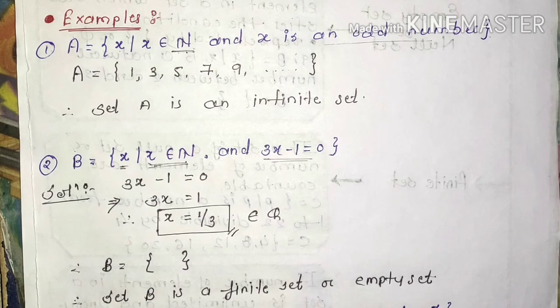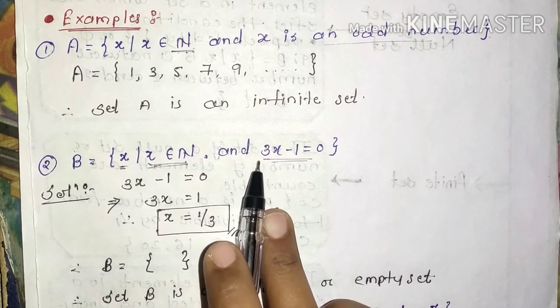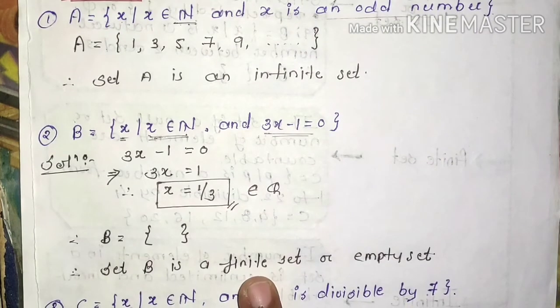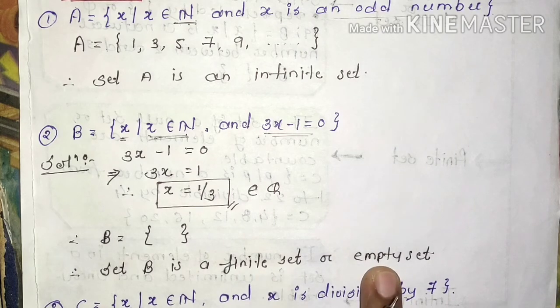the question. If the question is given as verify whether the given set is finite or infinite, in that case you can write it's a finite set. But अगर यहाँ पे general question है कि verify which type of set it is, then only you have to write it's an empty set.